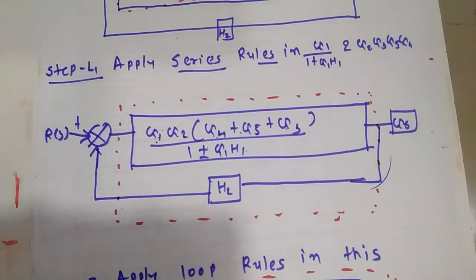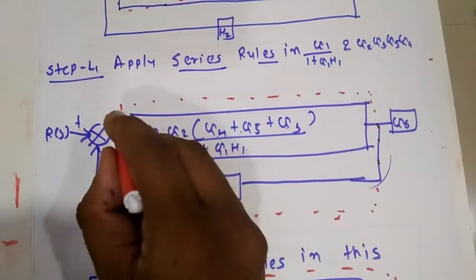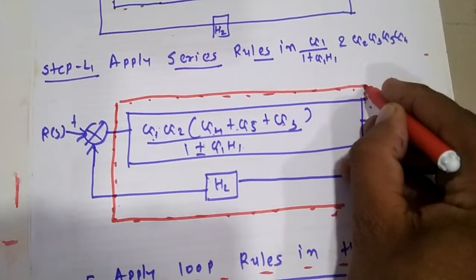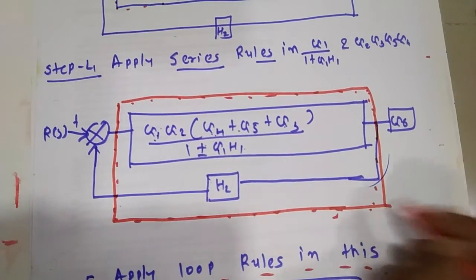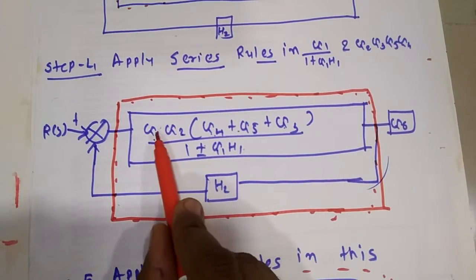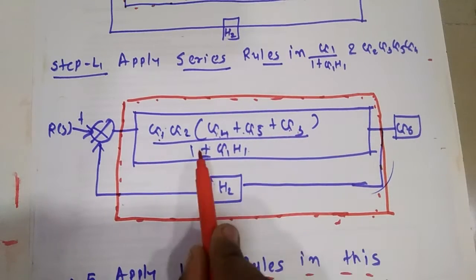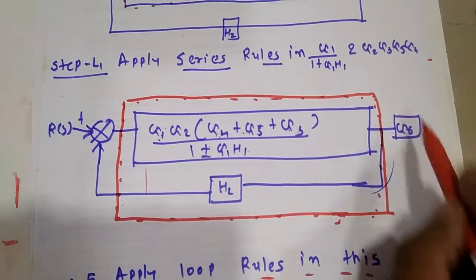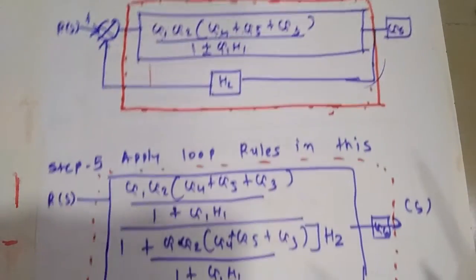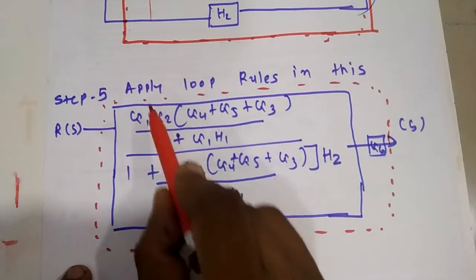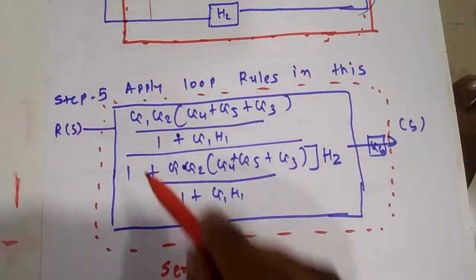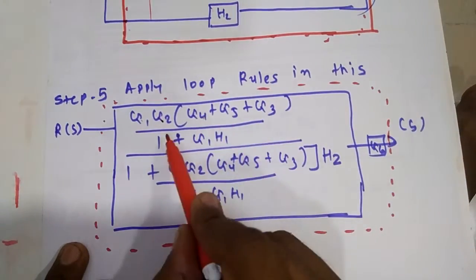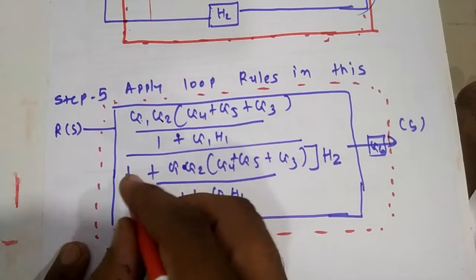After that we see the loop connection another time. This is called the loop connection. Apply the loop connection between G1, G2, G4, G5, G3 upon 1 plus or minus G1 H1, with the H2 feedback. So step 5 is the loop connection. Apply the loop. Step 5. G1, G2, G4, G5, G3, 1 plus G1 H1 upon 1 plus